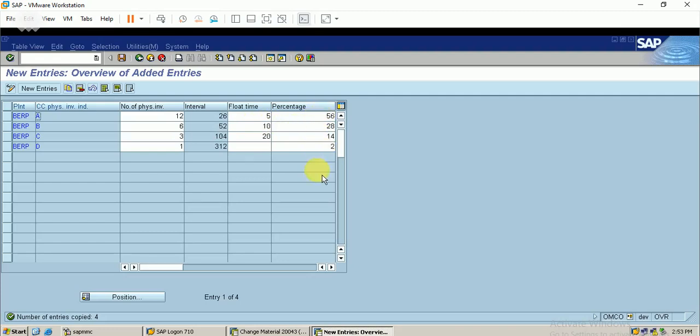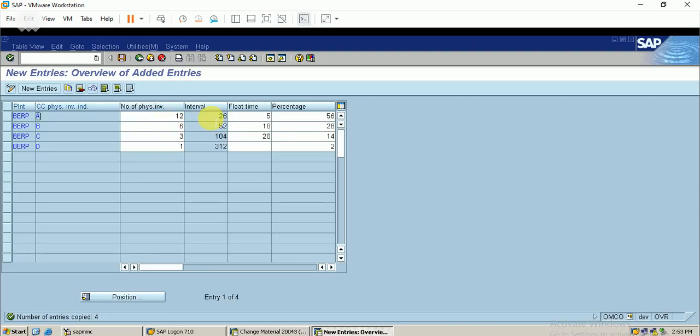So I repeat, in one fiscal year, the inventory for this indicator will be carried out 12 times. If the indicator is assigned to a material, the inventory for that material will be carried out 12 times in a year, and the time period between two physical inventory processes is 26 days.